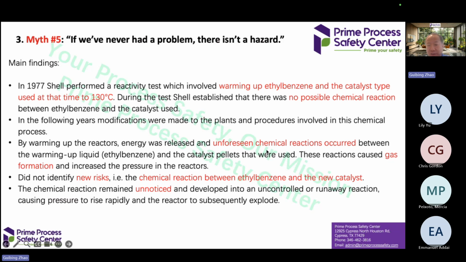You see, this unforeseen chemical reaction hazard occurred. Actually, this also had lots of gas generation. So basically, this lesson tells us, if you have never done a chemical reaction hazard study in your process, please do it. Otherwise, you think you're safe, but there's no data to support your conclusion. It may lead to incidents. This incident happened in 2014, from 1977 to 2014. Almost 40 years passed with no incident, but all of a sudden a big incident occurred. This is a big hurdle for Shell. Okay, this is the main takeaway.